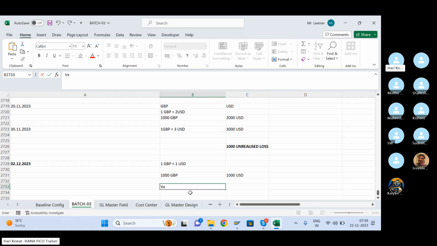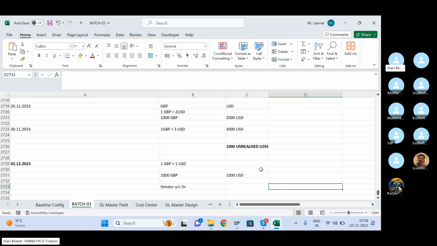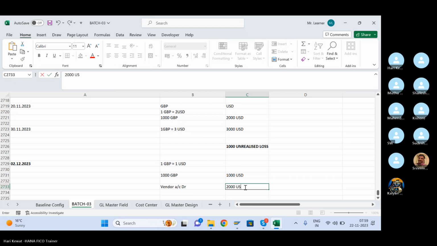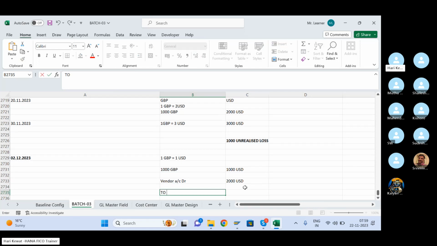Vendor account debit. How much? The vendor is only concerned about his 1000 GBP. 1000 GBP is equal to 2000 USD, so this will be the debit. Then to bank outgoing account,